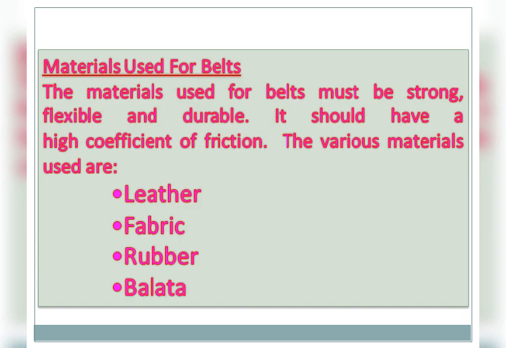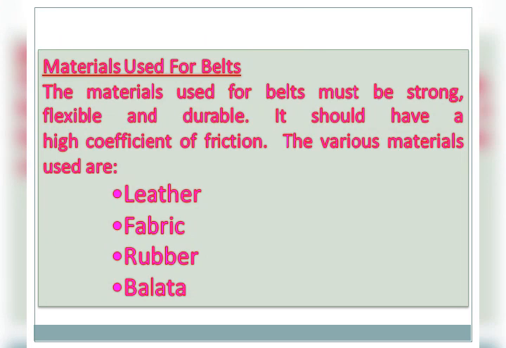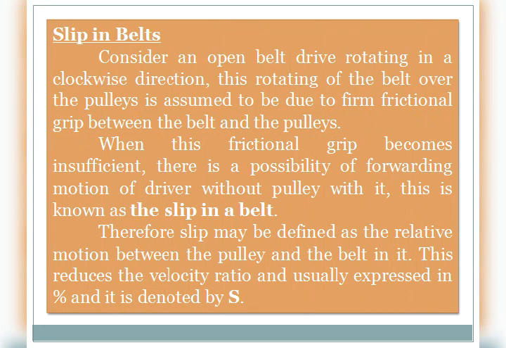Balata, the next type. The belts made out of these materials are similar to rubber belts except that balata gum is used instead of rubber. The belts of these materials are acid and waterproof but cannot be used where the temperature is above 45 degrees Celsius. This is one of the disadvantages. In many machine parts, as and when it rotates continuously in a shift of 8 hours or more, chances of attaining a higher operating temperature will be higher. So in such a case, this balata cannot be used. In most cases, we prefer leather belt only, as it has the ability to withstand more temperature.